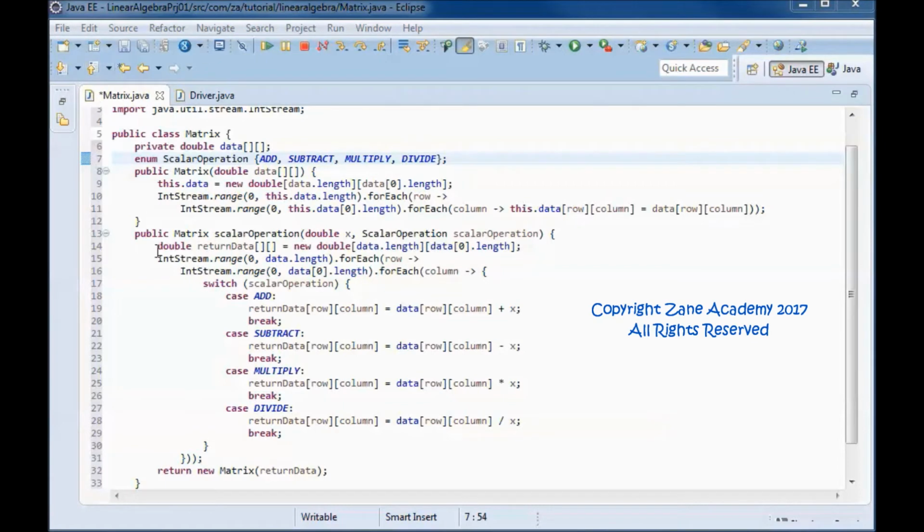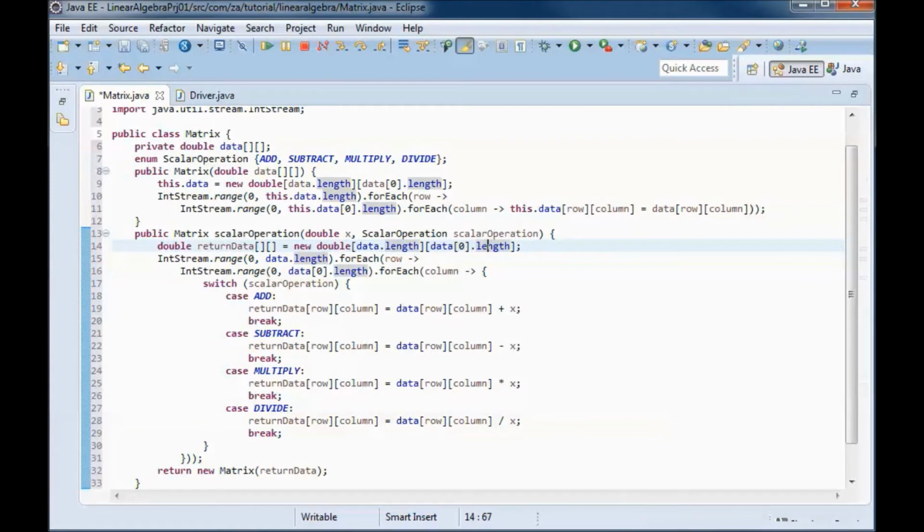And we return a new matrix after performing that operation. So the return data, the row and column, will be the original data plus x, or the original data minus x, or the original data times x, or divided by x.